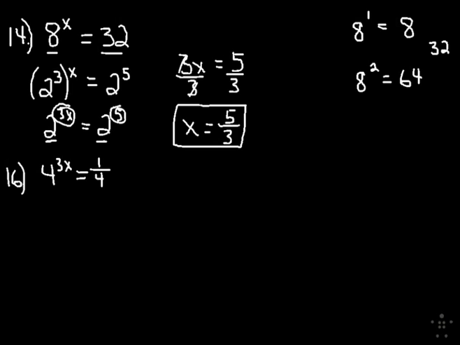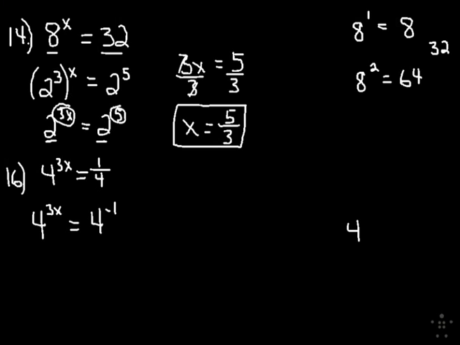Moving on to question number 16. 16 you kind of look at, and it's one of these things you just try to identify. And so I see I've got a 4 to the 3x here on the left side, and I know by my rules of exponents that 1/4 is really the same thing as 1 over 4 to the first, which if you go back to negative exponents is 4 to the negative 1, because